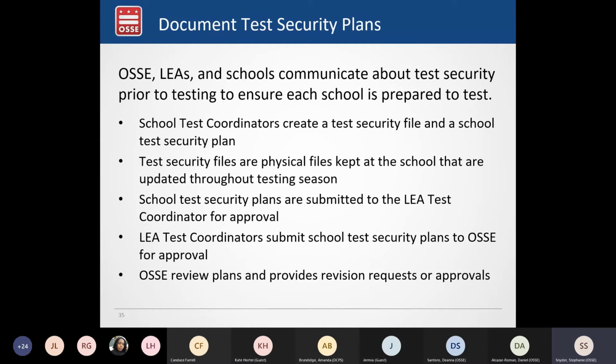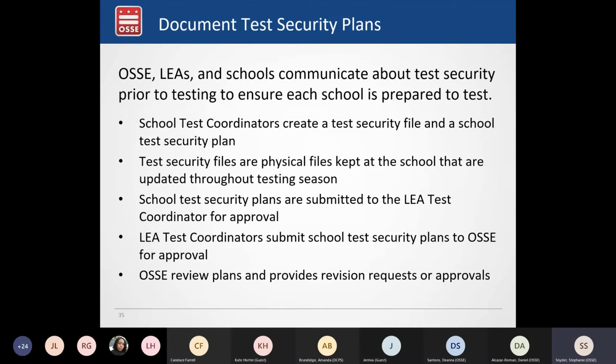As I mentioned before, part of preparing for test administration is creating a school test security plan, which gives OSSI information about what schools' plans are for testing. And OSSI reviews those and approves them to make sure that they're in line with the policies that have been set forth, and also may ask for revisions if parts of it are unclear or need updating.